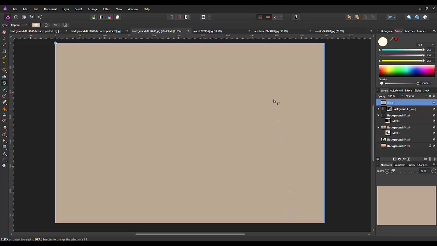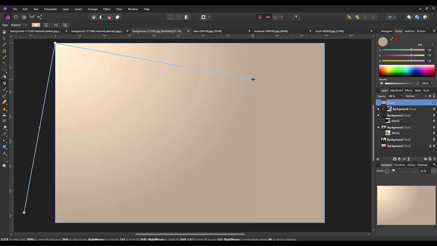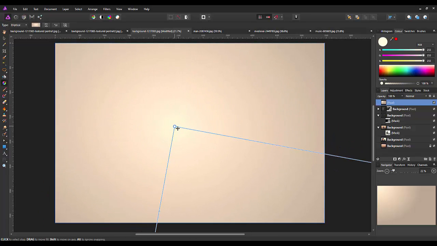Now I think by default it always makes it this sort of grey colour, but you just need to drag out one of these nodes and then drag out the other one, and then you can see where the center point is. So if you then bring this center point into the center of the image,